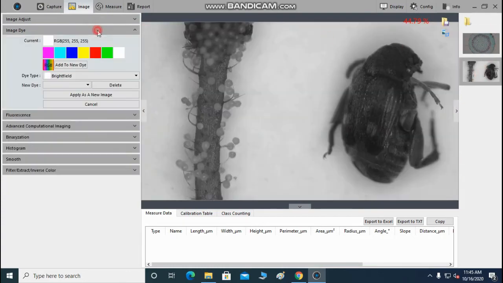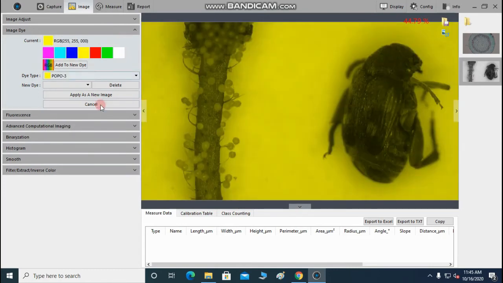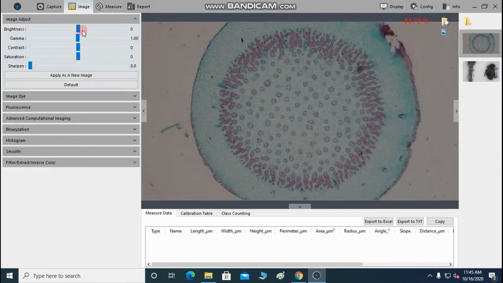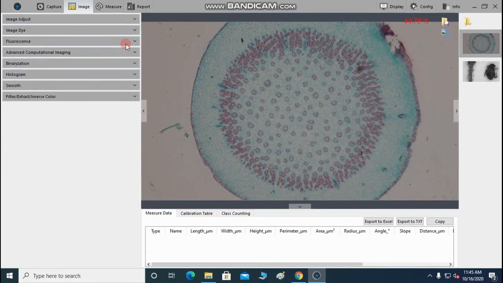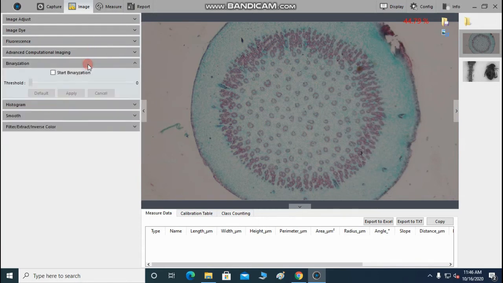For example, different color adjustment options you can get here, like brightness, contrast, etc. Advanced computational imaging offers user with three kinds of post-processing technology: EDF, image stitching, and high dynamic range. Binarization is for giving distinct black and white effect to the picture.